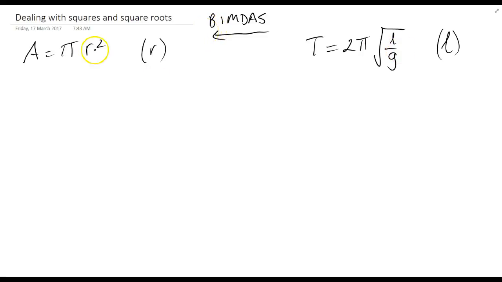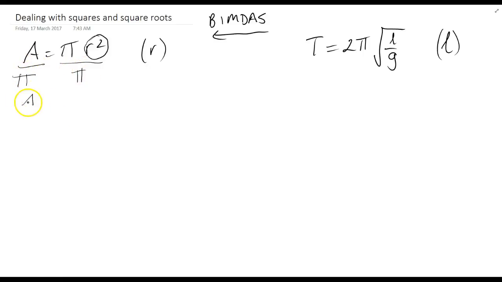Okay, so let's look at problem 1. You might recognise this formula as the area of a circle. I want to make r the subject, and in your textbook they'll put the letter that they want as the subject in brackets. So there's no addition and subtraction for me to worry about. That's great. I can move on to multiplication and division. I have pi times r squared. Right, so r is what I want all by itself. So first of all, I need to get rid of the pi. It's pi times r squared, so I'm going to divide by pi,